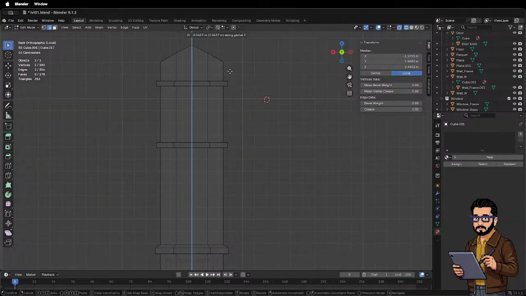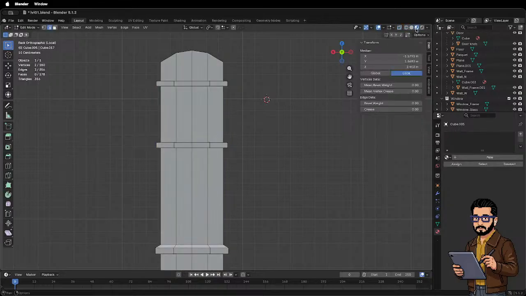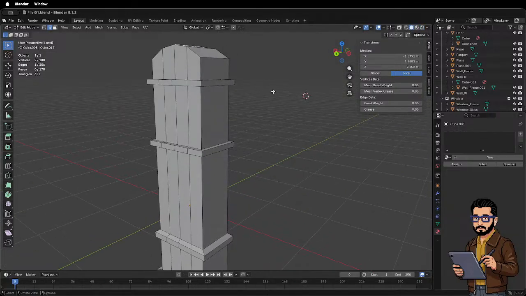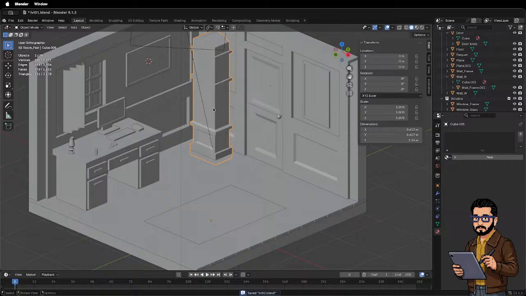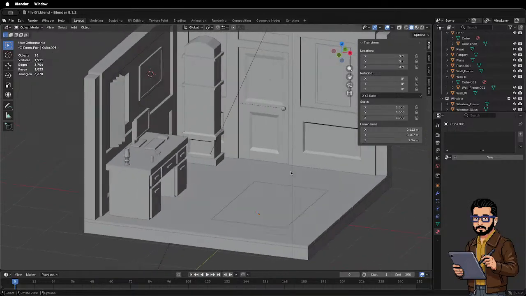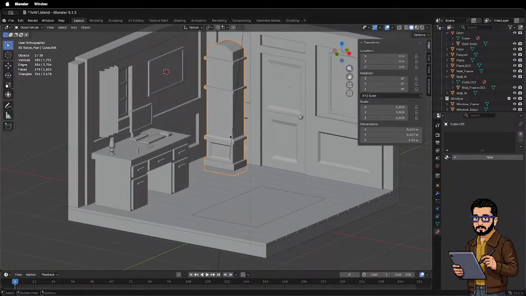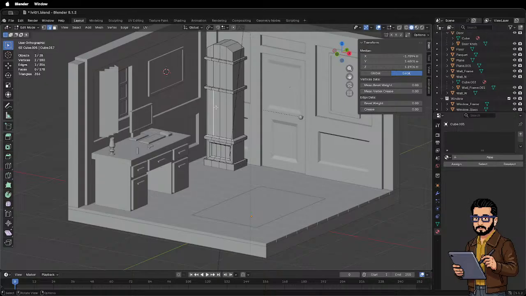Once again. Or what about this one? I also like this one. Okay, I think that's good. Good. Let's remove local view. Okay, I think that's good. We need to add more details to that. Let's select this face